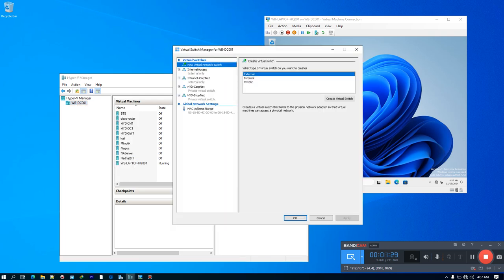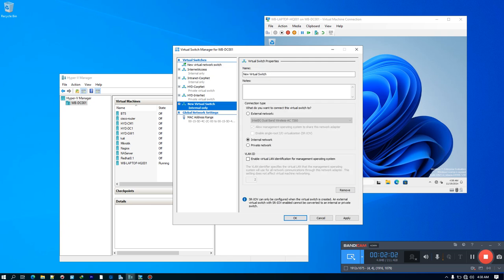The Virtual Switch Manager window will open, and here you select New virtual network switch, and select Internal. As you can read here, it makes your actual physical computer communicate with virtual machines. So you hit Create Virtual Switch, and then you will get prompted to provide